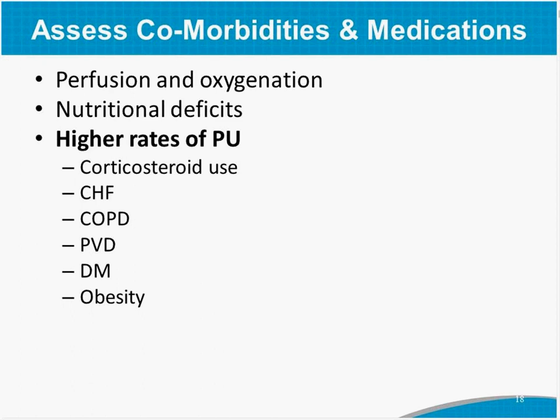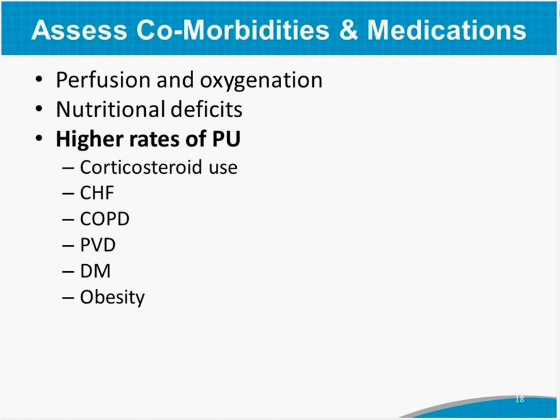It talks about the importance of assessing a patient's perfusion and oxygenation, as well as any nutritional deficits. But how do you assess this? This is not so easy, and we may need to look at measures such as the presence of certain comorbidities, including cardiac disease, peripheral vascular disease, respiratory status such as COPD, diabetes mellitus,